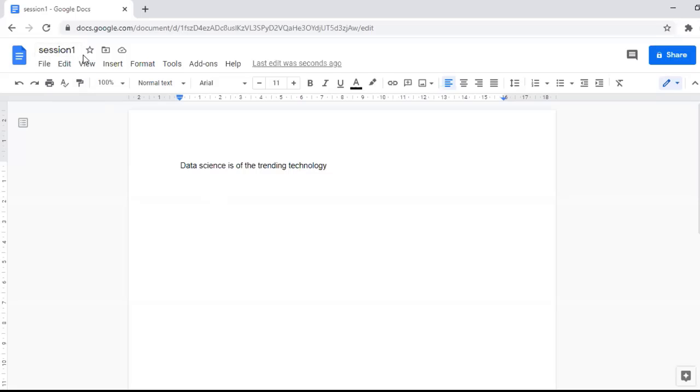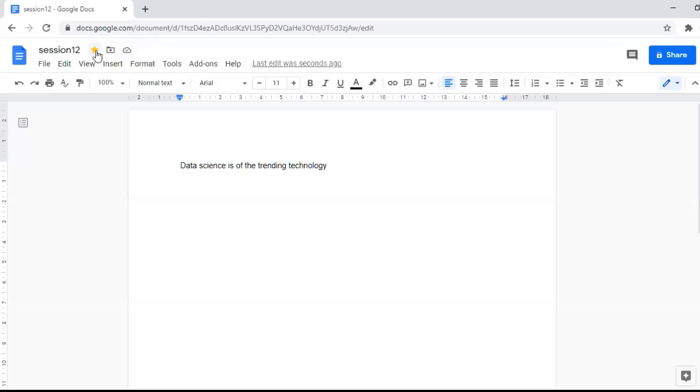And how we are going to name the document. If you want to rename the document also, you can see rename, right? You just click here, and whatever you want to change, you can change or rename the document. Okay, observe, there are 3 icons present here. Those are like star. If you click on the star, it will turn yellow. That means this is considered a very important document.